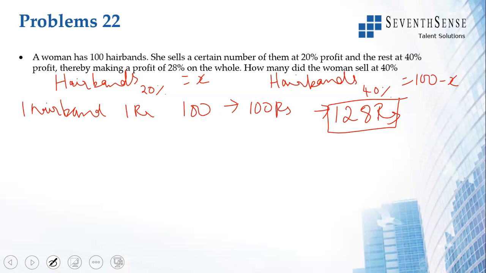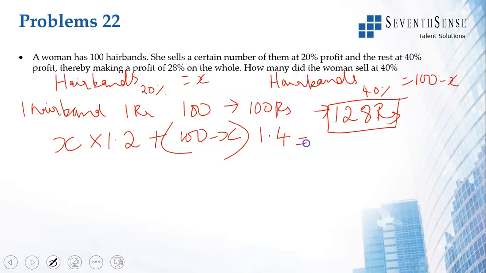X hairbands at 20% profit, which means X hairbands which were costing 1 rupee are now being sold at 1.2, plus 100 minus X hairbands which are costing 1 rupee are being sold at a profit of 40%. So I multiply that by 1.4. So X hairbands I'm selling at 20% profit, and the remaining hairbands I'm selling at 40% profit. So remaining hairbands are 100 minus X. Multiply that by 1.4. That should give me